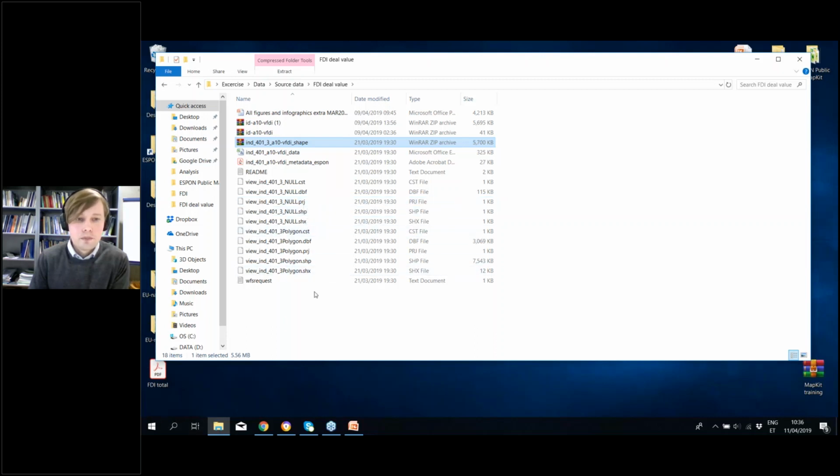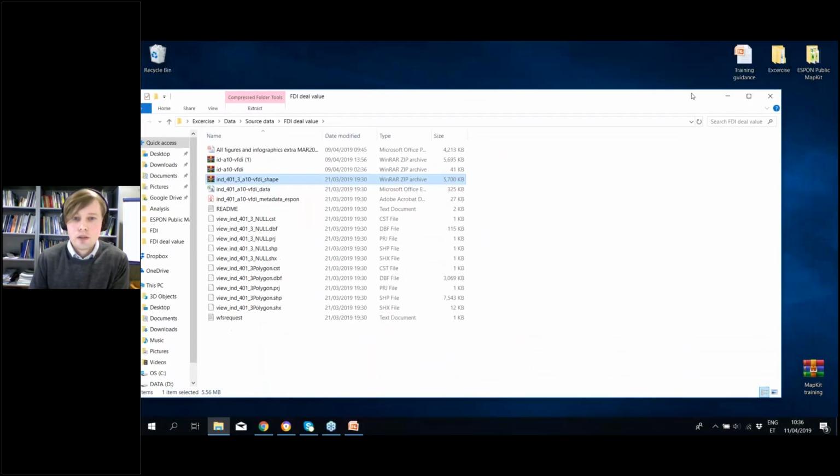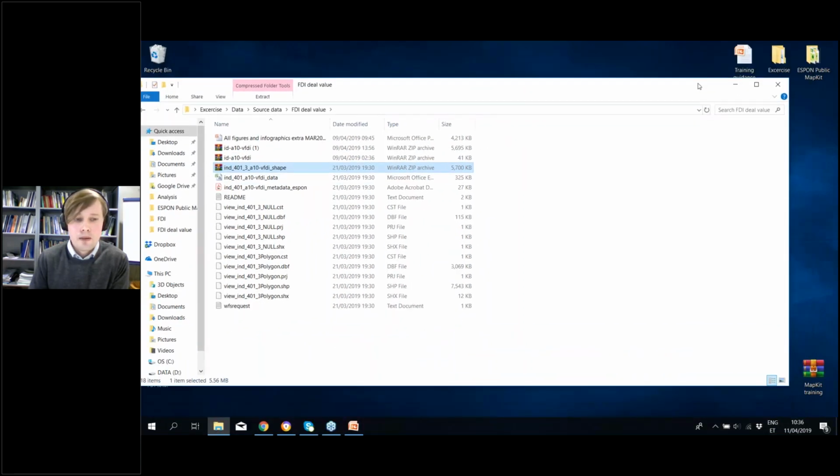So the next step would be to open QGIS and to open the data set from there. But before we go there, perhaps we can just